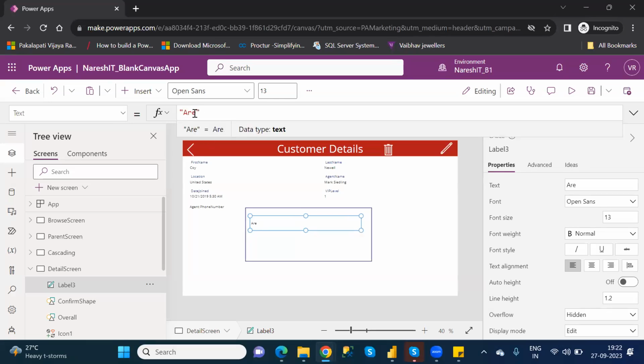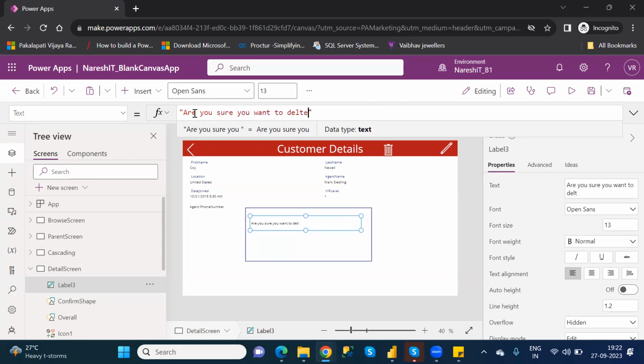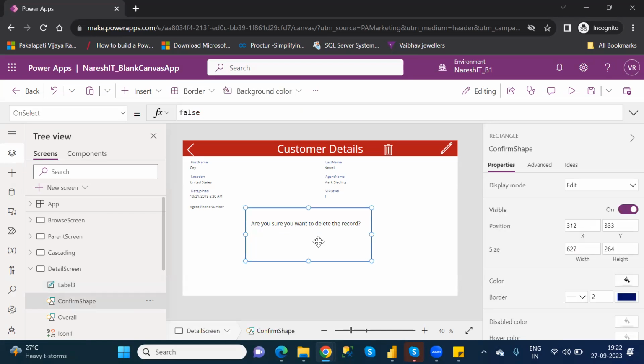That means, are you sure you want to delete the record? Now change the font size of this to something like 20. If it is fine, see here, like this. Is this fine, right? So just a label.